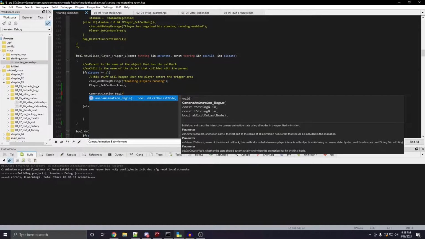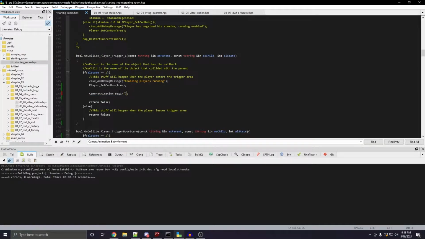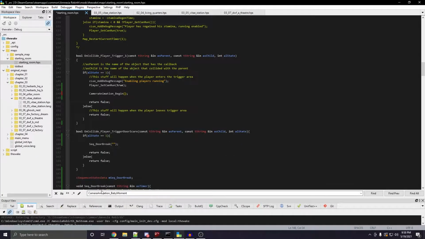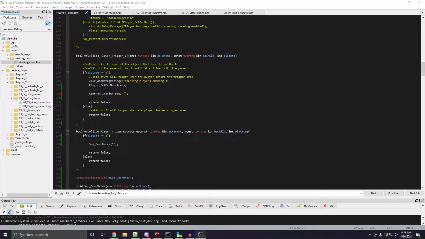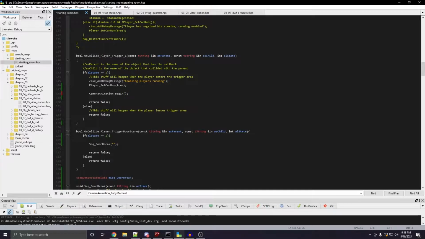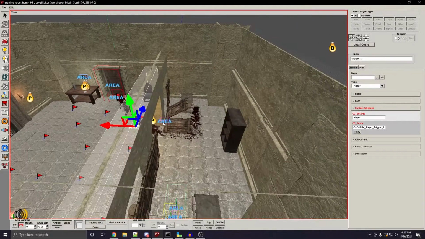And we're going to put parentheses, and we're going to put a colon here. And let me bring this down here, so we've got a bigger view of the screen. So now, in here, we're going to need to provide 3 values. First is going to be the name of the camera animation. What this is actually going to be is the first part of the name of your camera animation nodes. So if we go back to the level editor here, and we click on this one,